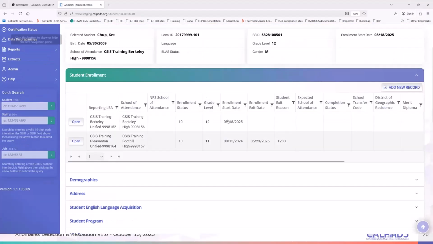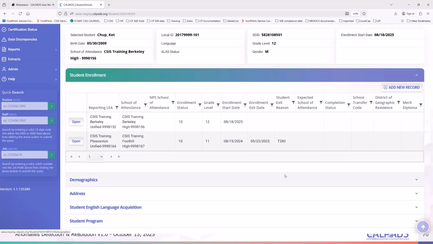so I have here a student, so this is the completer exit, right? So the student was exited with a T280. So Pleasanton Unified was informed that the student who was in 11th grade will just move on and go to college. So he was marked T280. But then the student enrolled at my district in the next academic year, and so I get a type A enrollment ERD.